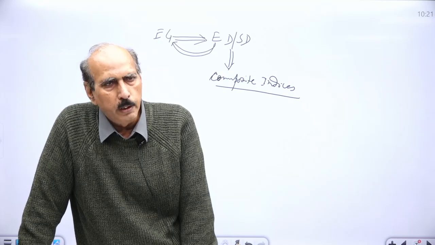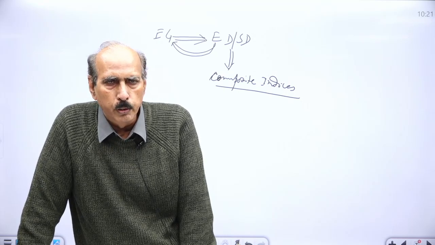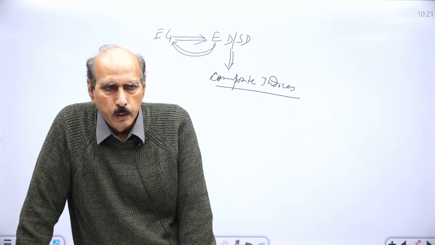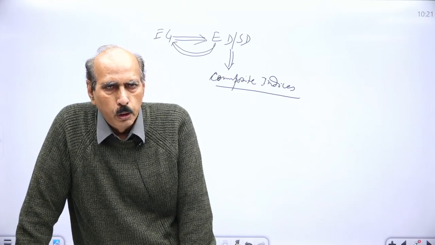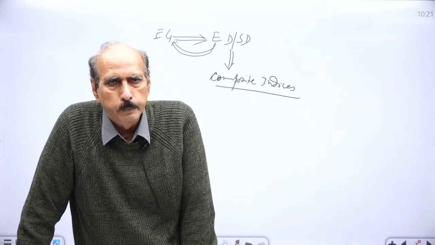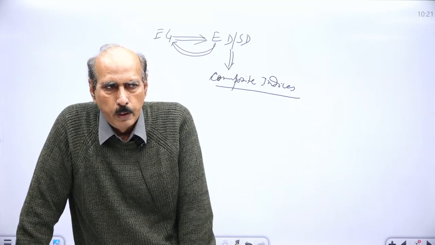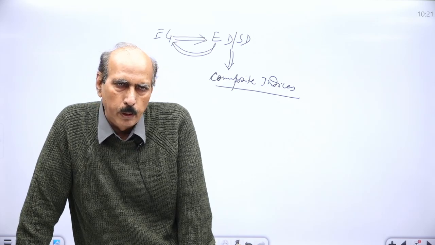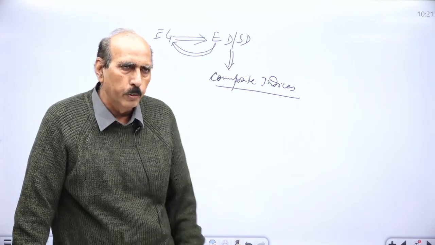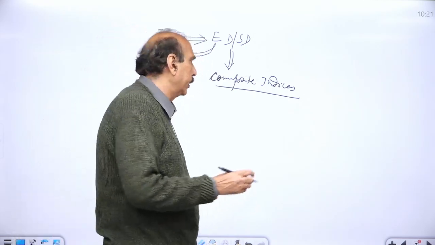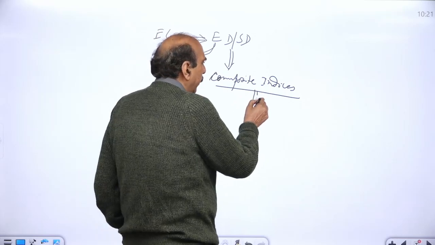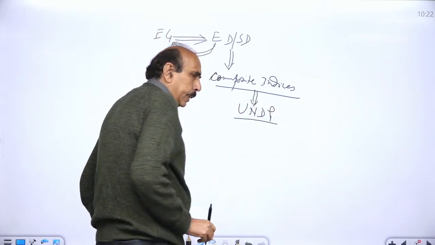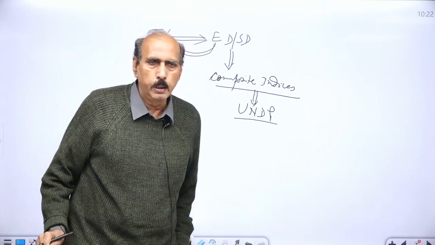Economic growth, okay, is increasing. We are the fifth largest economy of the world. But how far has this fifth largest economy of the world been able to improve human development in the country? How far? Therefore, to know this, some composite indices have been developed. And these are developed by UNDP universally. They have developed the composite indices.